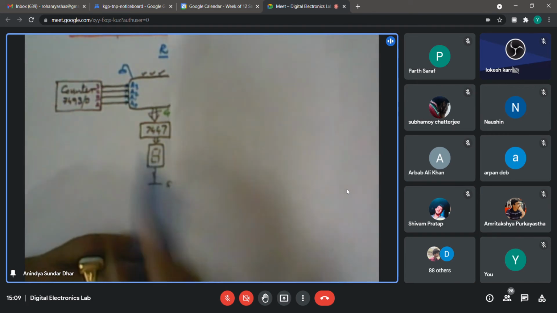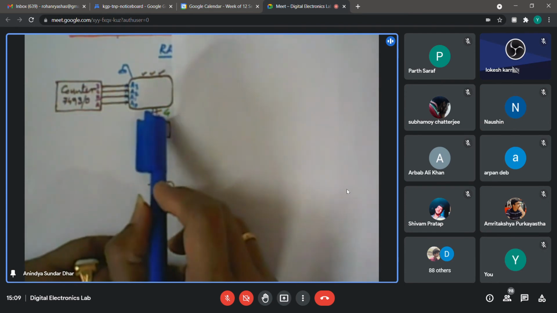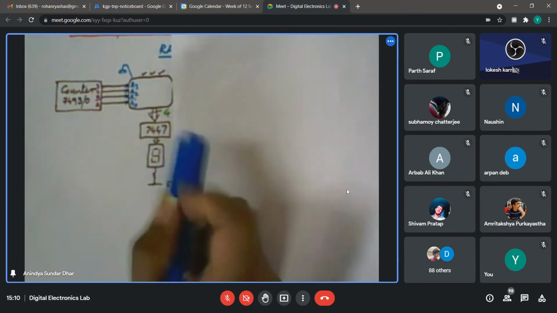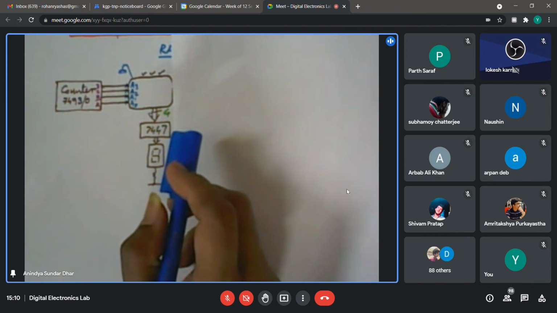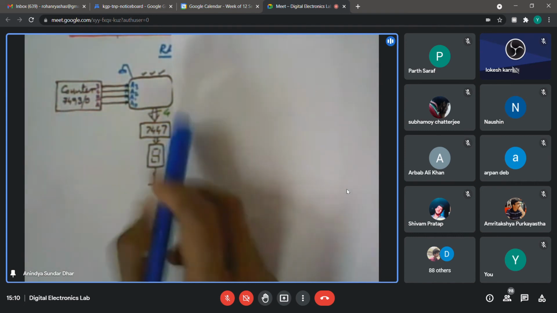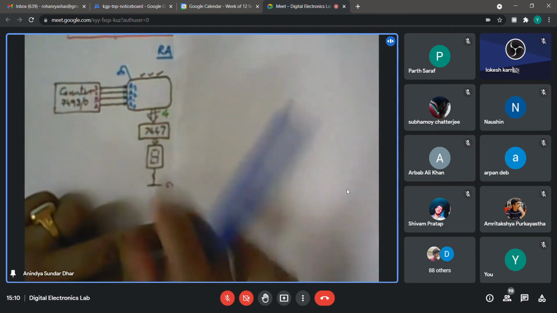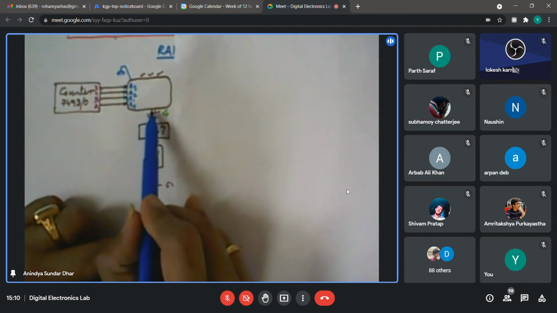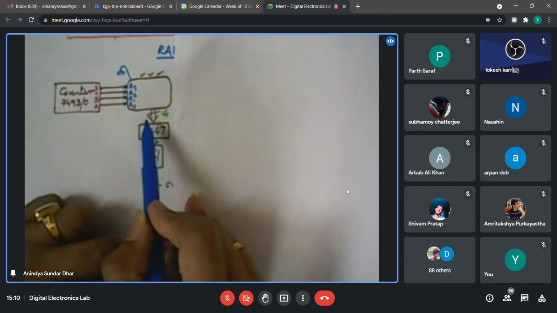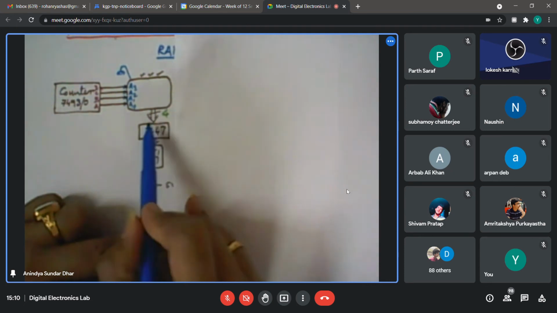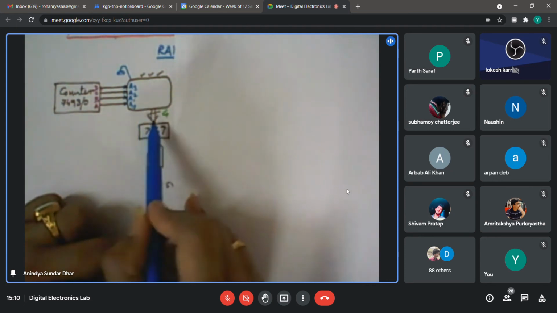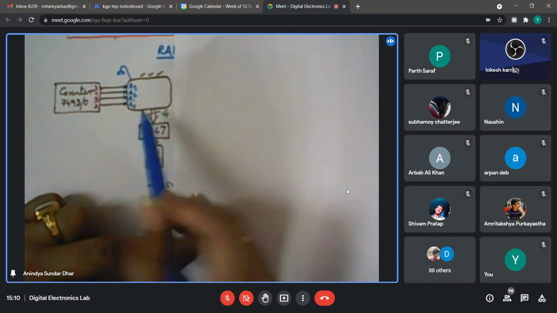Okay, and these are the data bus. If you use the generic RAM, there will be 8 lines. What are the names of these lines? Maybe IO0, IO1, something like that, if I remember correctly. Let me open. Yeah, IO0 to IO7. There are 8 data lines. So they are already mentioning that it is an IO through the nomenclature itself. So maybe you take IO0 to IO3, first 4 lines. You could have taken any other 4 lines, you can even interleave, it doesn't matter, because you will be writing to only those bits that you will be reading. So any 4 bits out of that 8 will be fine.